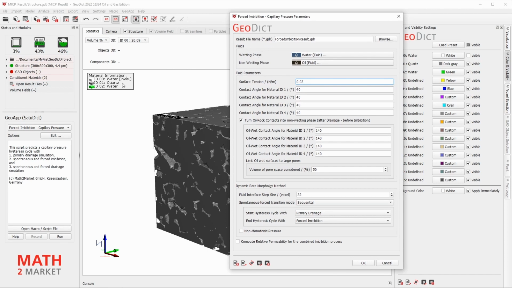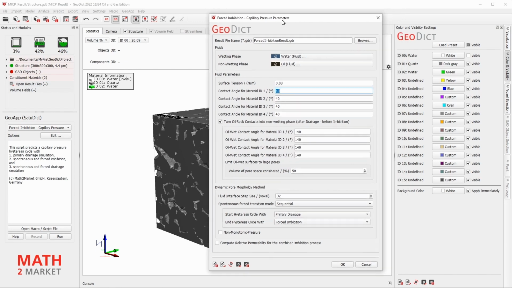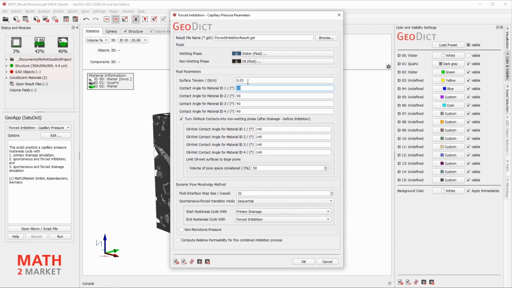Since we only have quartz as a solid material in our structure, only the contact angle for material ID 1 will affect the results. Since the forced imbibition GeoApp also considers mixed wettability, you can set an oil-wet contact angle for your material ID 1.